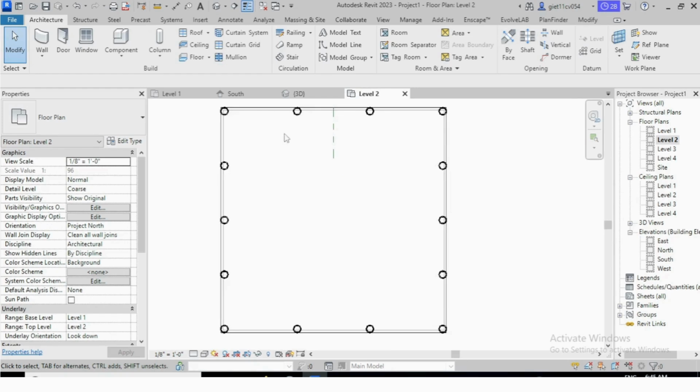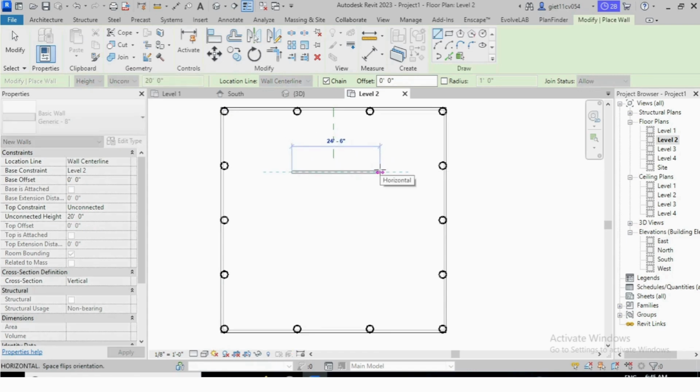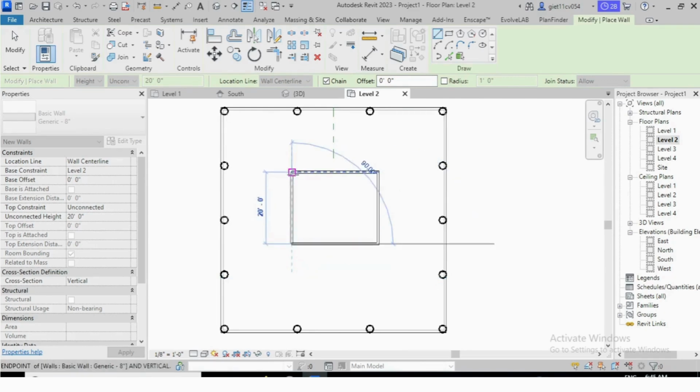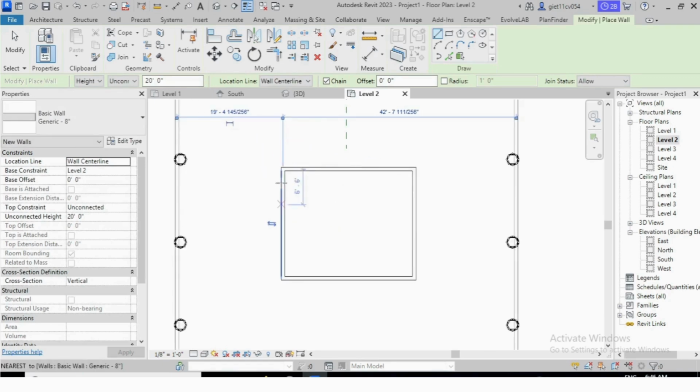Okay, so for that just select the wall and create 24 feet. Let's take it 24 feet and 20 feet. Okay, now we have to just make this curve. So for that we can use this one.